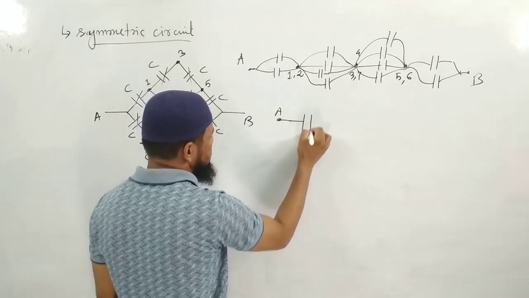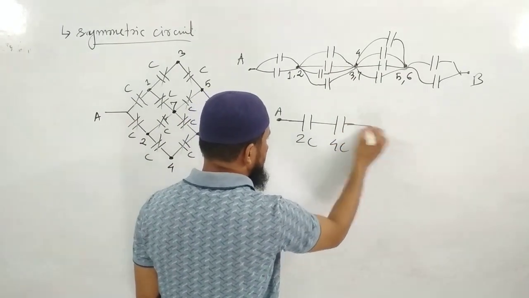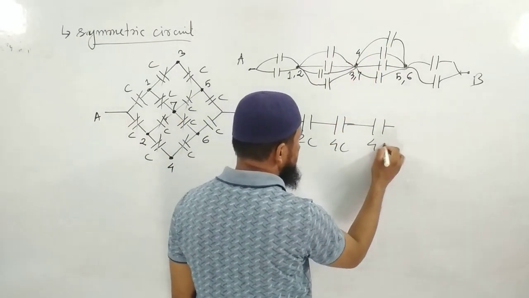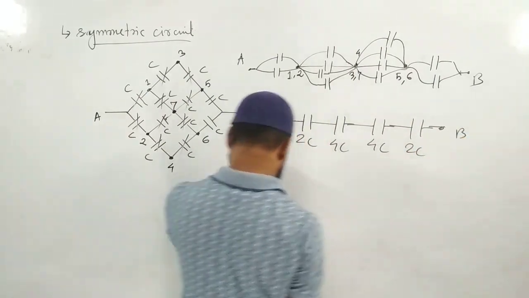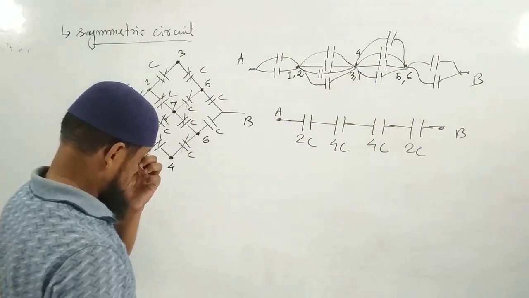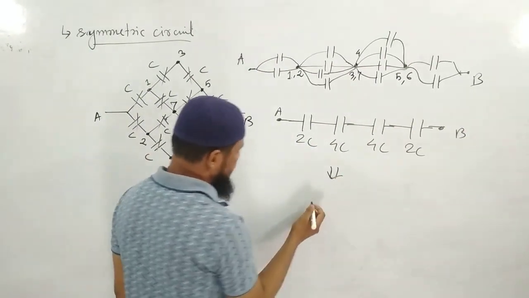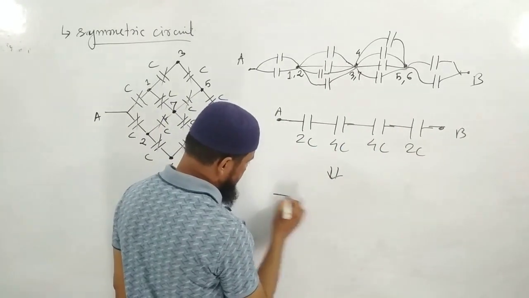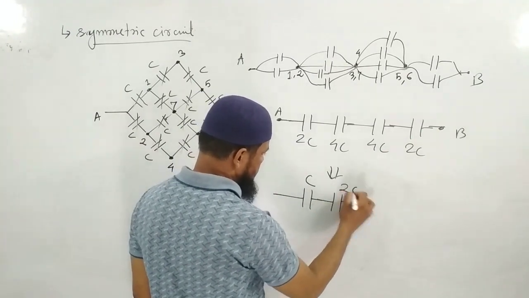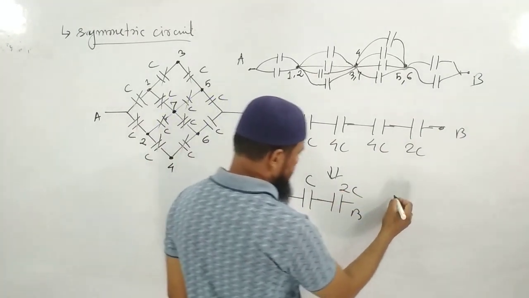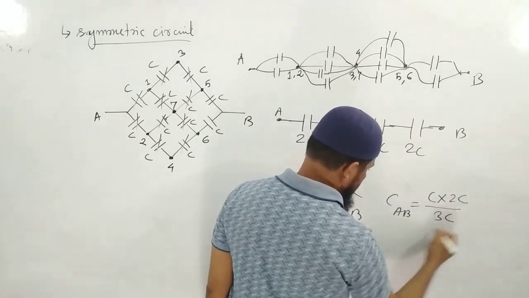this is the first, 2C. This is 1, 2, 3, 4. Again 1, 2, 3, 4. Again 2C. This is B. Okay. Now they are in series. If they're in series, 2C, 2C in series, equivalent will become C. 4C, 4C in series, equivalent will become 2C. Okay, so C_AB will become C into 2C divided by C plus 2C. That is 2